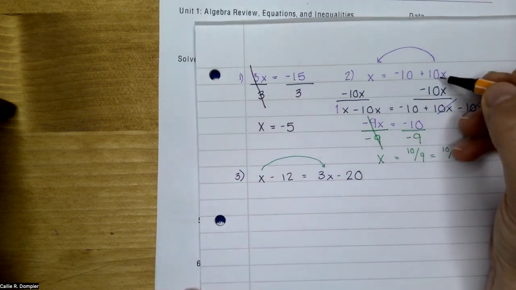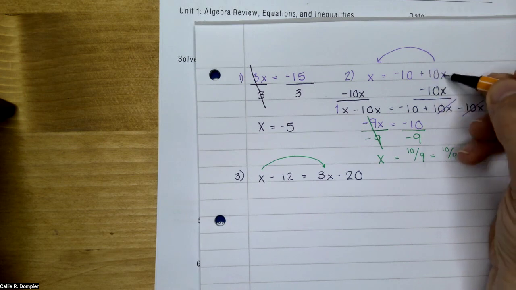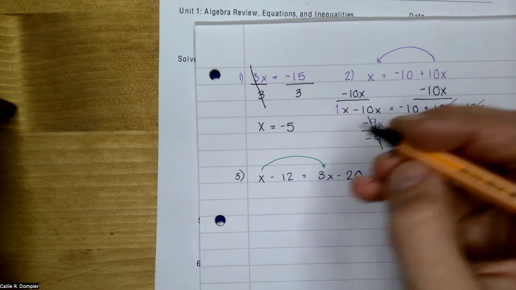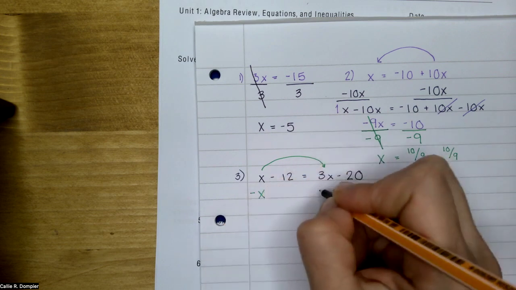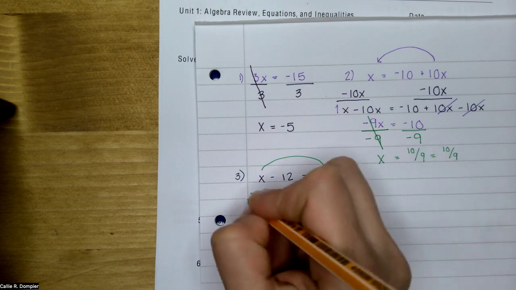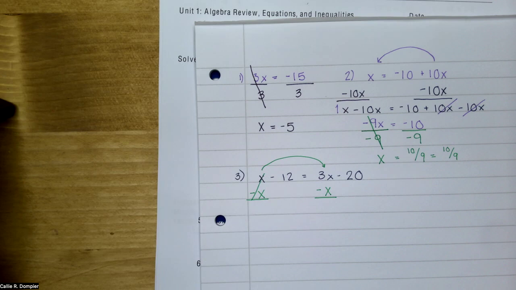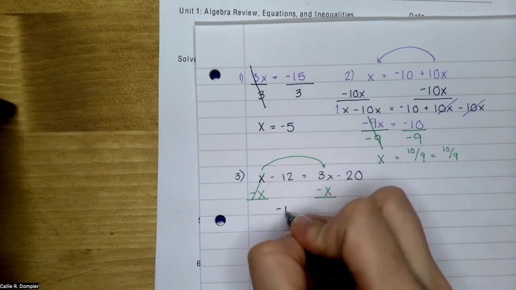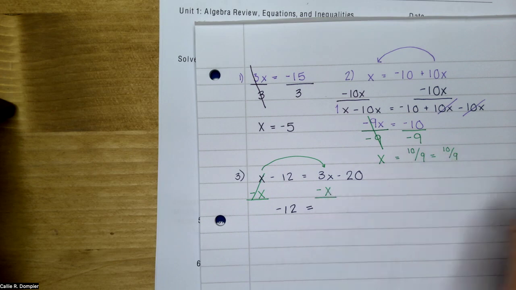When we moved this 10x over here, what did we do? We did the opposite of what was happening. It was a positive 10x, so we subtracted 10x. Here it's a positive x, so we're going to subtract x from this side, and we're going to subtract x from this side. What we get is this cancels, so we're left with -12 on this side, equals 3x minus 1x is 2x